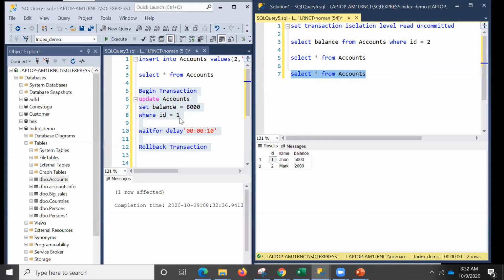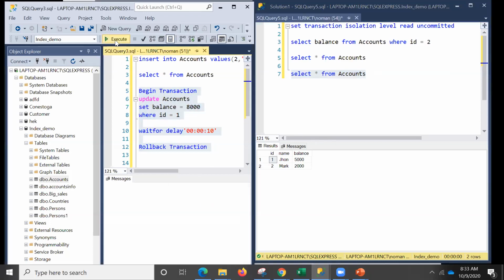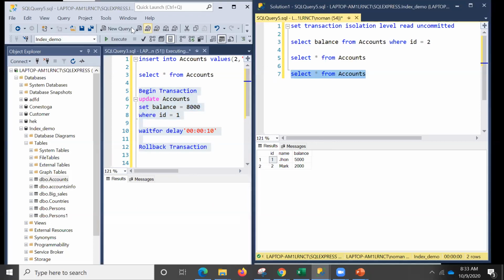Because this transaction was doing something. It was waiting for a delay, we intentionally made some delay. First it set the balance to 8,000, and when I run select static from accounts from this window, it showed me that this transaction is working on it. If I run this transaction, you'll see 8,000, which is not the correct amount. I hope everyone is getting this.